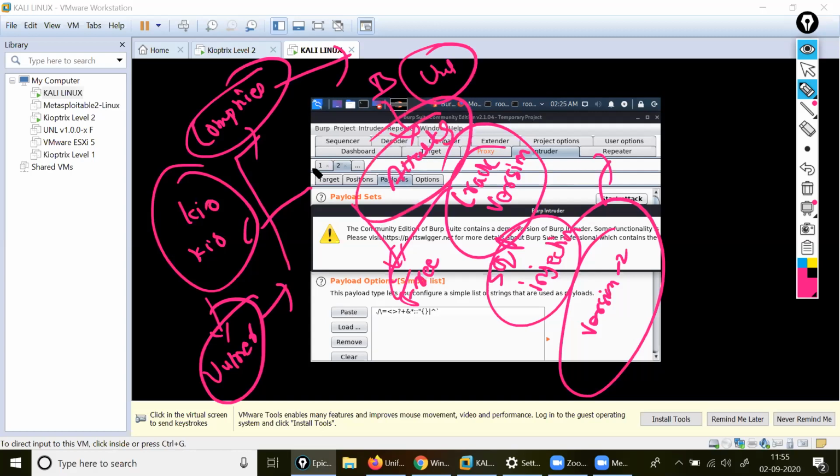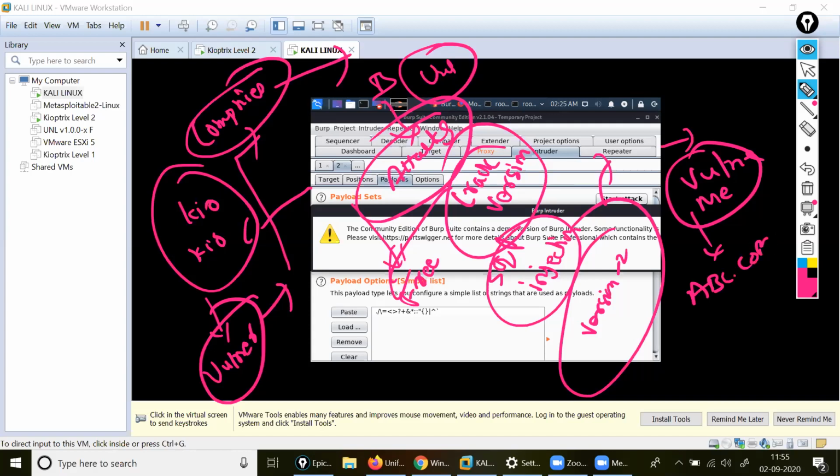Clear? Okay. Kubernetes is what? Kubernetes is one vulnerable machine. Understood? If you are working, you can use it inside your organization. So if you have to attack any organization like abc.com, the first aim is what? You have to check the vulnerability. Are you getting my point or not?